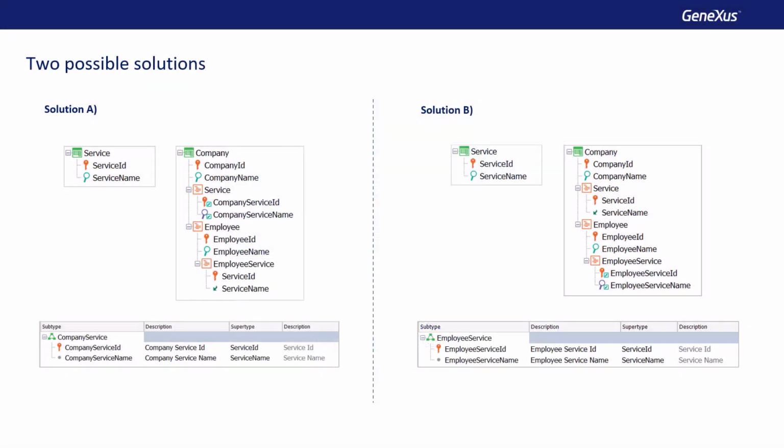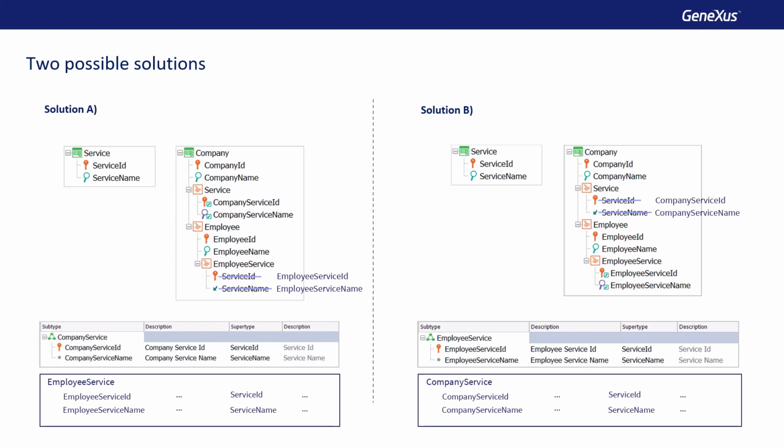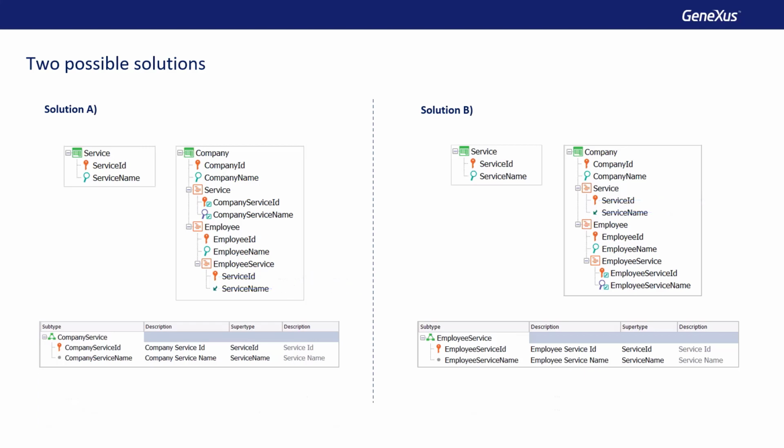Clearly, we need to define a group of subtypes because in the same transaction, Genexus will not allow us to repeat the same attribute name. So the question that arises is, does it make any difference whether you define it on one level or the other? The answer is no. We could define two groups of subtypes and solve the problem, but as we've already seen in previous videos, it's not good practice to define more subtypes than strictly necessary. This is because it's never exactly the same to have the subtype than having the supertype, as will be made clear with this example. Therefore, to solve the problem, it's enough to have only one group.